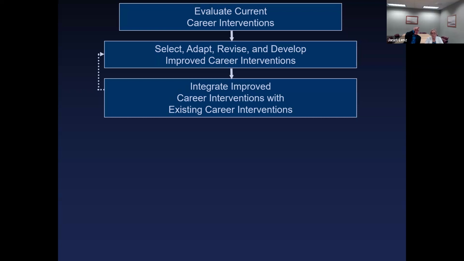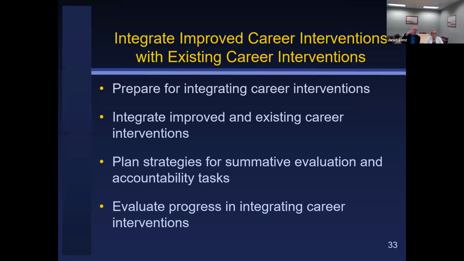And I want to draw your attention to that little feedback arrow on the left-hand side, because what happens sometimes as we begin to think about how does this fit with things we're already doing, we realize, oops, what we designed is not quite correct because it conflicts with something we already do. That's why that little arrow goes back, and we make a few changes based on that. And then we go back and we look at it once again. So again, you're beginning to see some pattern here. There's a preparation step. We do something like the integration.